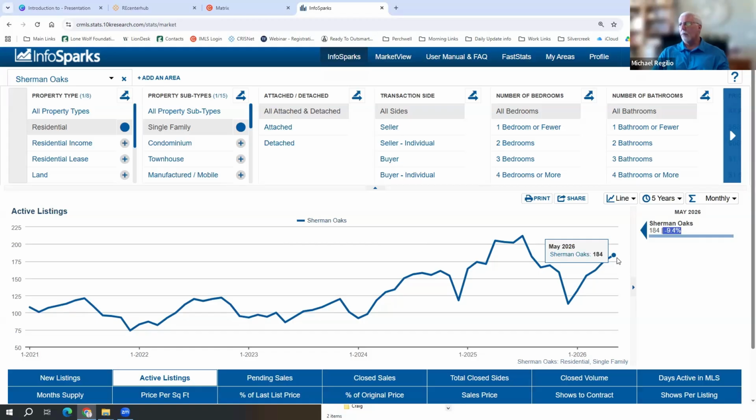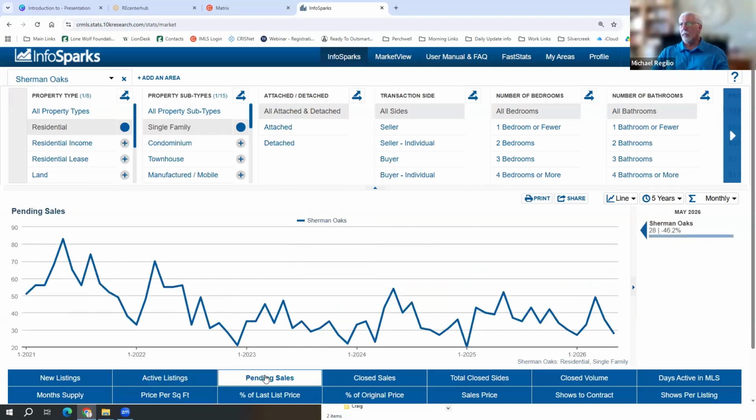May of 2025. So let's find May. May was 203 versus 184. So there's actually less on the market than there was last year. So this is the total and your percentage of difference from the same month last year. It charts out pending sales, how many properties actually went into escrow. So here we can see that